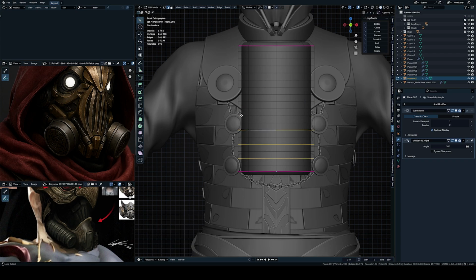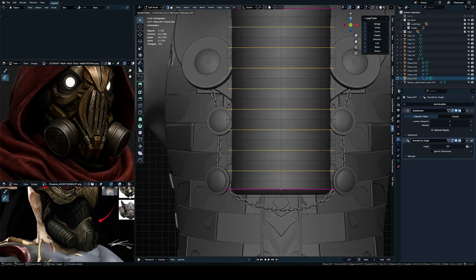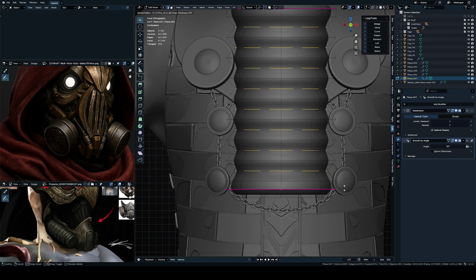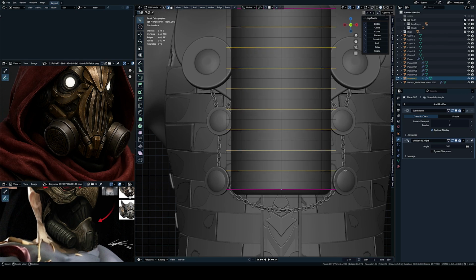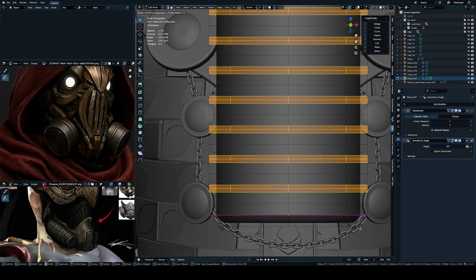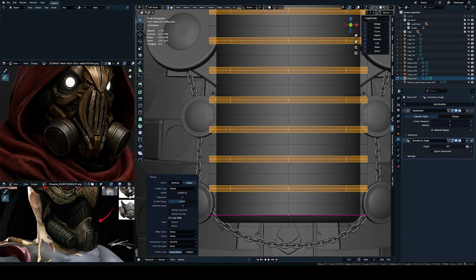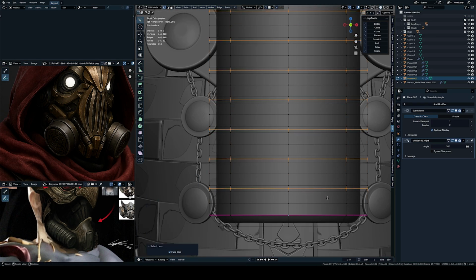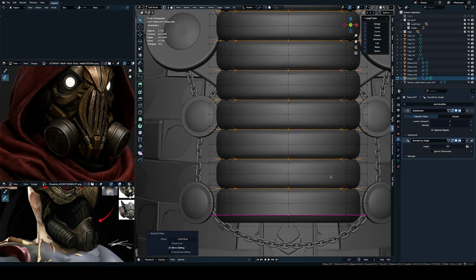This way is much cleaner, so Control B to bevel, add one in between, go to the vertex, Alt S,